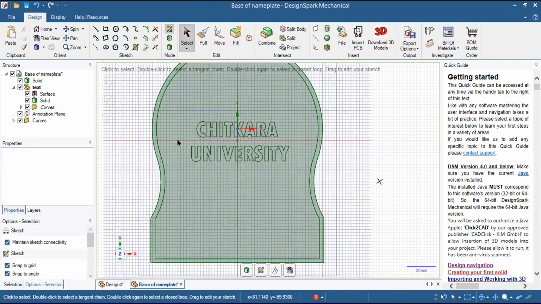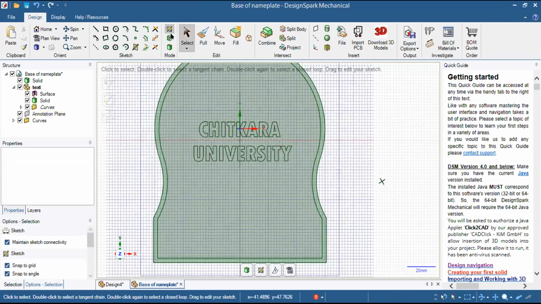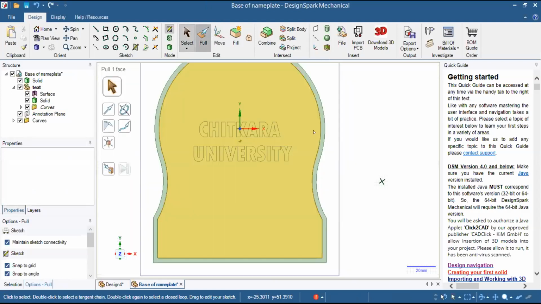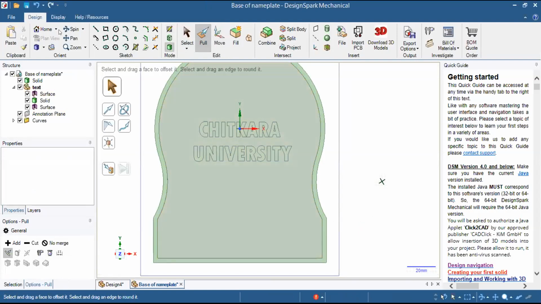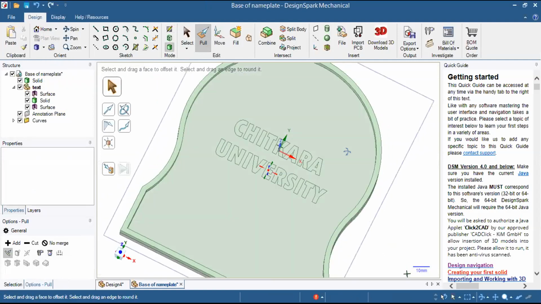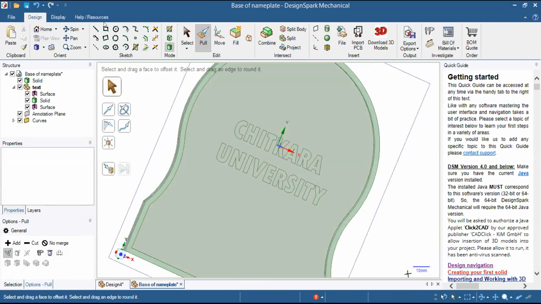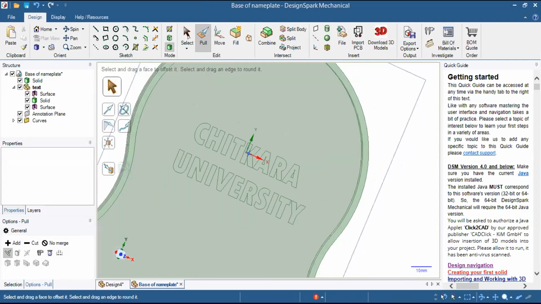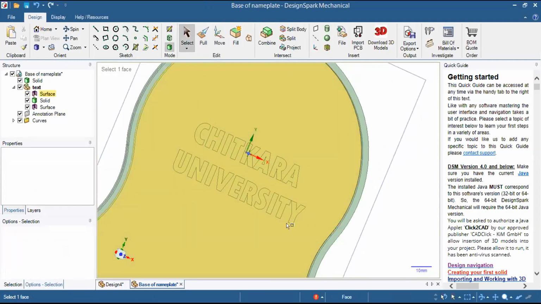Now I have projected Chitkara University, and now what I am going to do is I am again going to go to 3D mode, go to pull. Again we will extrude the text which we have projected onto the base plate. So I'll go to home, and like I earlier told you, I will be selecting the entire text.